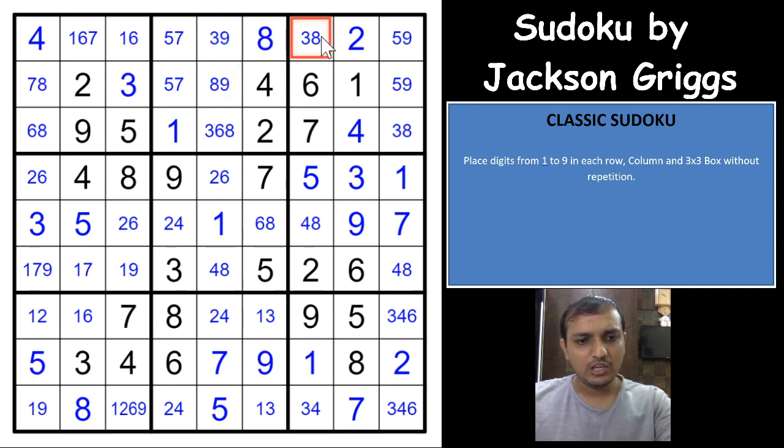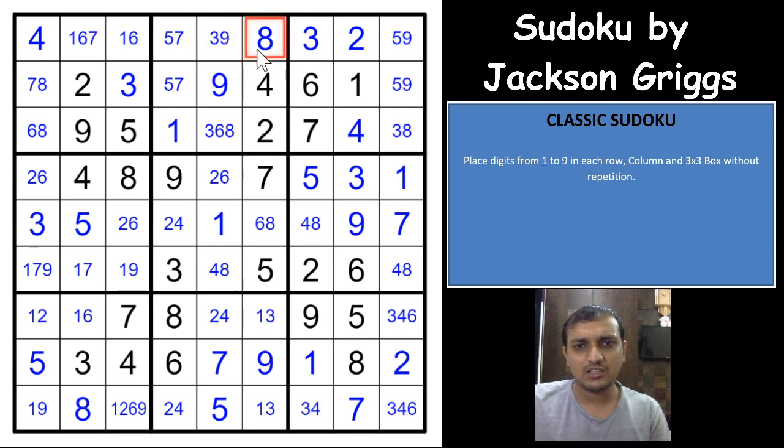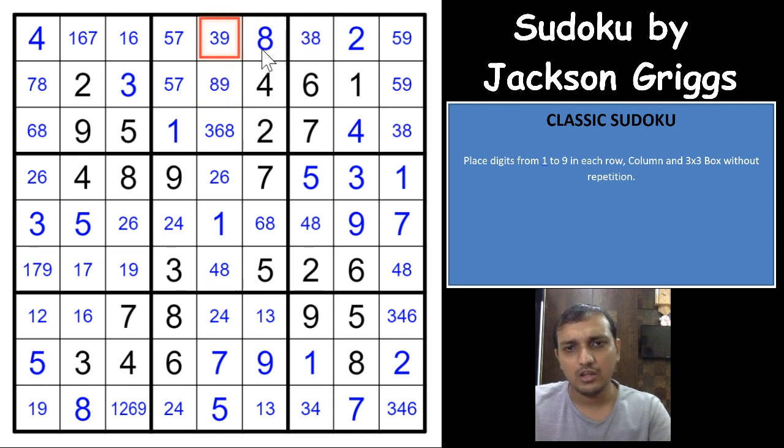If you have an 8 here, you'll have a 3 here and 9 here, and this cell gets a contradiction here. So the BC cell will always get a contradiction if you take the common digit in that mutual cell, right? Which means that you cannot have an 8 here, and that will be a 6 here.